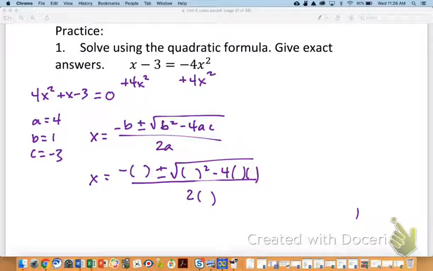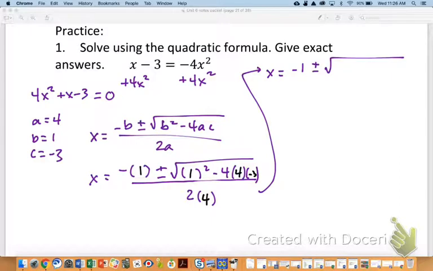So from before, I know that my b is 1. I know that my a is 4. And my c is negative 3. So I've just dropped everything into the appropriate place based on the a, b, c in the quadratic formula. And then my final steps will just involve hopefully doing some really good order of operations. And so if I do that, my first step could be x equals negative 1 plus or minus the square